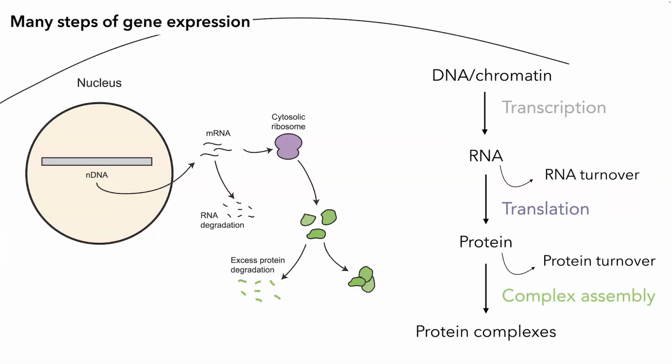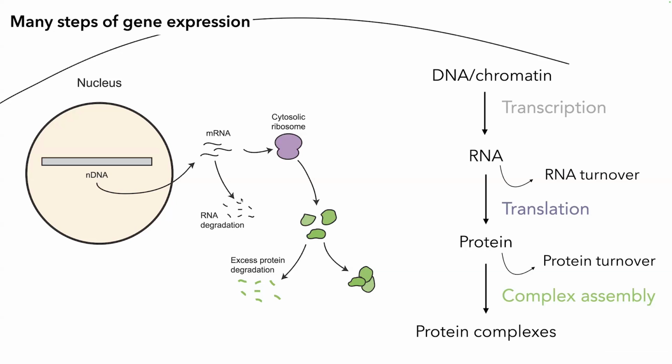There are many steps of gene expression. There's, of course, transcription that many of us know and love. And then there is the whole life cycle of RNA, where RNA is made on chromatin, exported from the nucleus, finds the ribosomes, and then is eventually degraded. And each of these levels of gene expression can be regulated in order to ensure that we get the proper